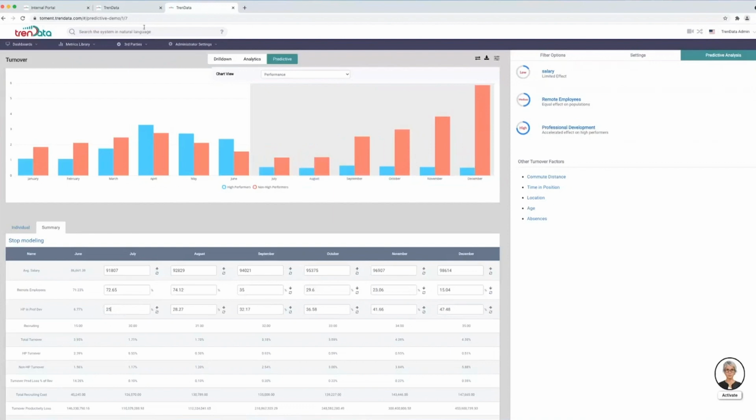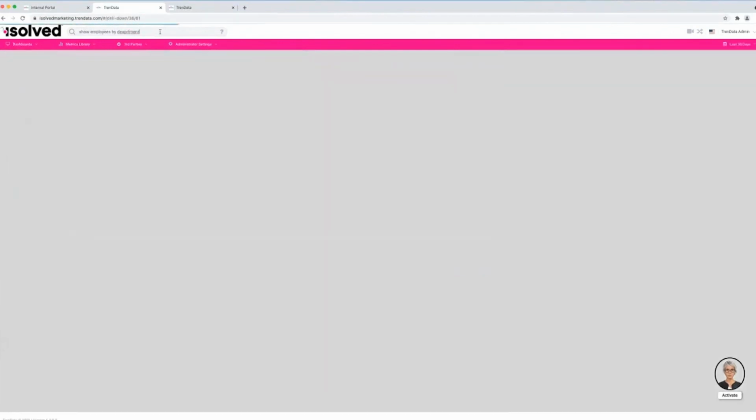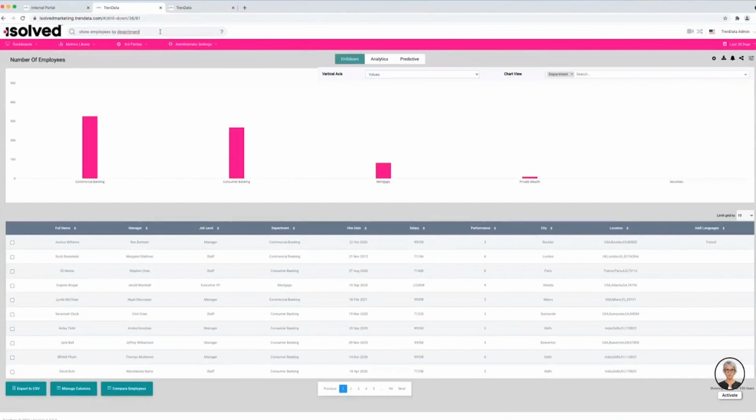If I jump back to the other item, I want to highlight the last part of the solution, which is the natural language processing. So if I wanted to just not go through the drill down and the analytics and everything I just did, I can just type a simple command like show employees by department. And what that's going to do is bring me right to, oops, I spelled it wrong and it still got it,